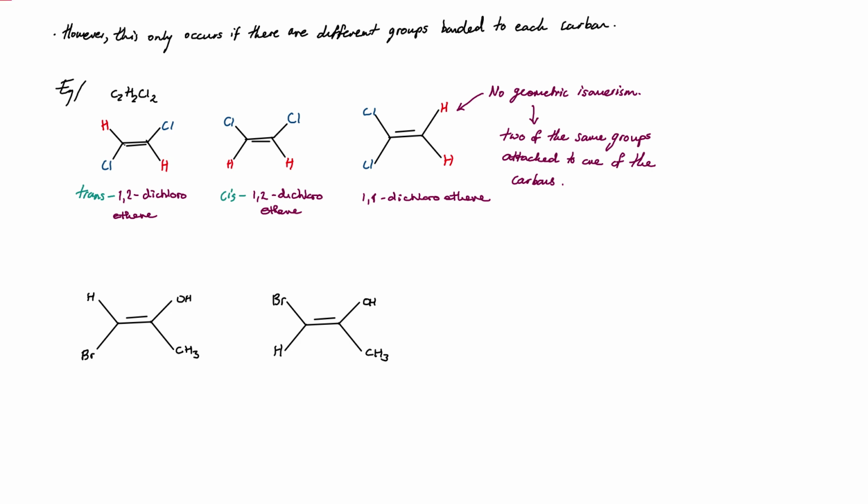Now the method that's come up is using something called E/Z, and I hope I pronounce this right. So Entgegen and Zusammen. Zusammen is on the same side, and Entgegen I believe means on the opposite side, or cross. So we use those German phrases to describe the positions of these groups of atoms. Now the way we do this is slightly different to identifying cis or trans,